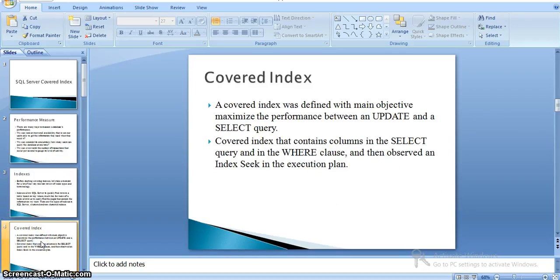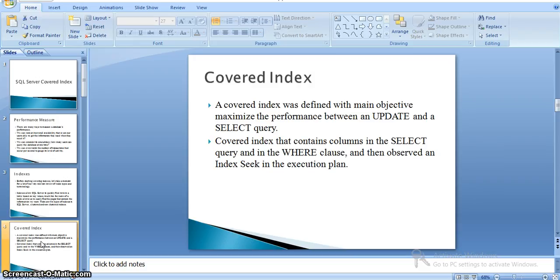in a covered index, the main objective is to improve the performance in all our select and update operations. In a covered index, we will include the columns that are used in the select query, the columns that we use in the select list as well as in the where clause.